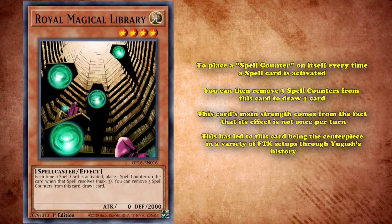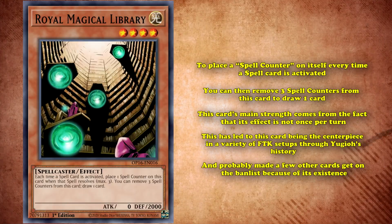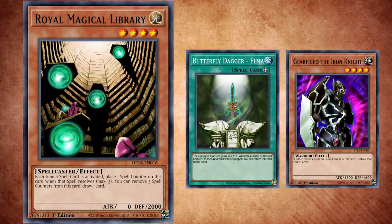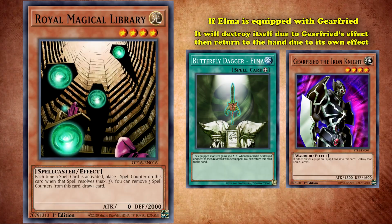This has led to this card being the centerpiece in a variety of FTK setups throughout Yu-Gi-Oh's history, and probably made a few other cards get on the ban list because of its existence. The first instance of this was with Butterfly Dagger Elma and Gearfried the Iron Knight. If Elma is equipped with Gearfried, it'll destroy itself due to Gearfried's effect, then return to the hand due to